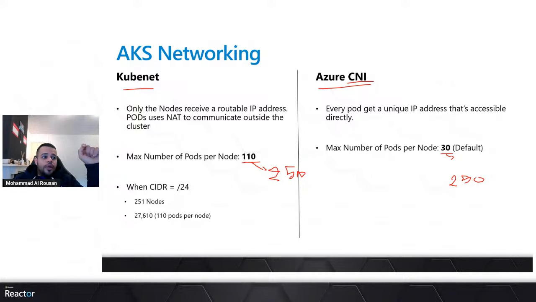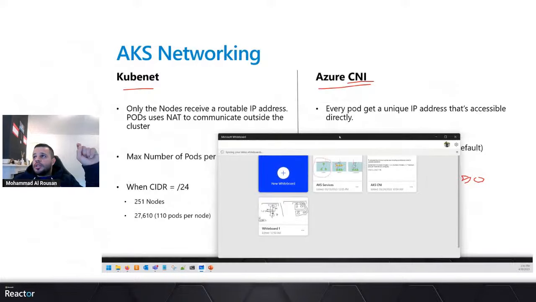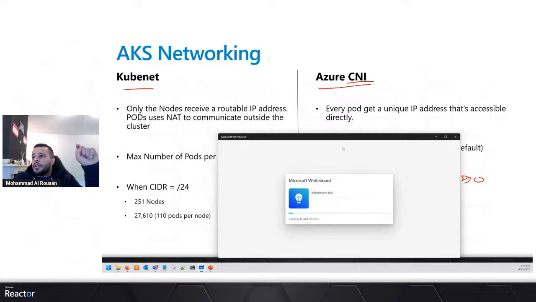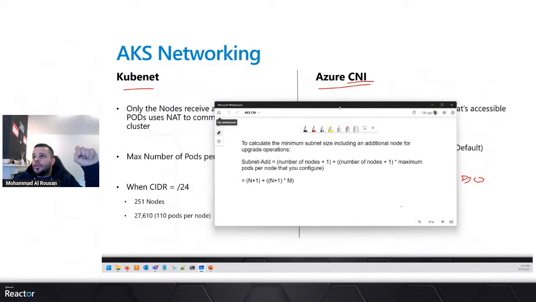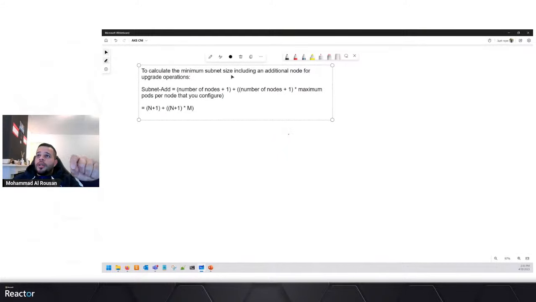And to calculate how many IPs you need, especially for Azure CNI, since, as I said, Microsoft recommends going with Azure CNI, there is one equation from Microsoft. To calculate the subnet size, take the number of nodes that you have.